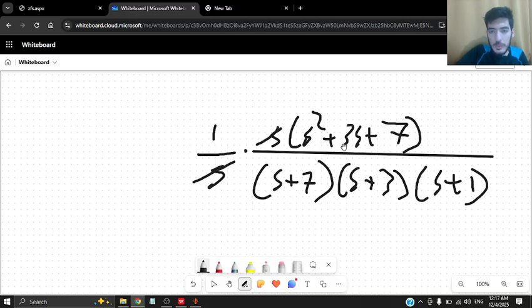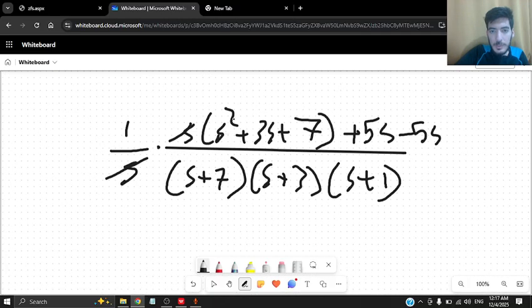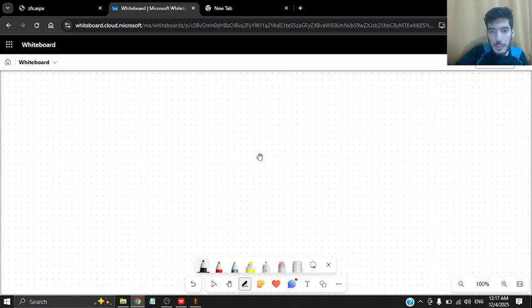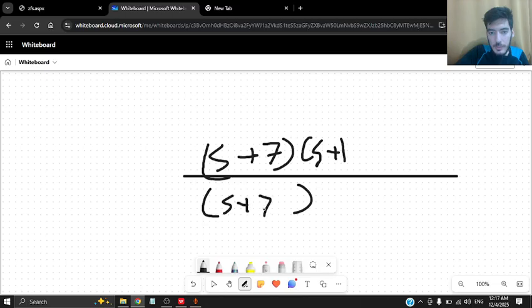So these two will cancel each other, and for this part here I will add 5s and subtract 5s. Now if I add this to this part here, it will be s squared plus 8s plus 7, which I can decompose into s plus 7 multiplied by s plus 1, and here I have s plus 7, s plus 3 multiplied by s plus 1,